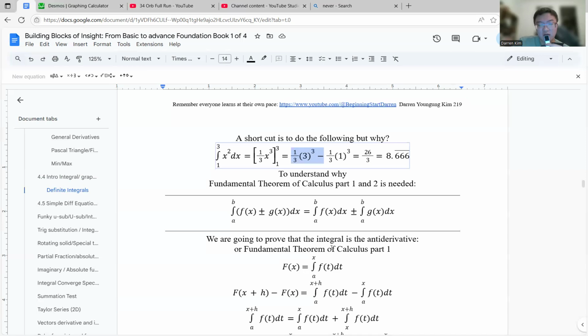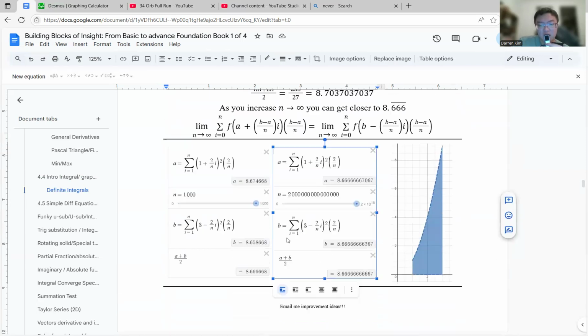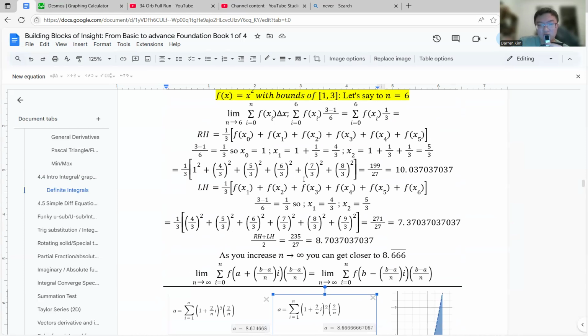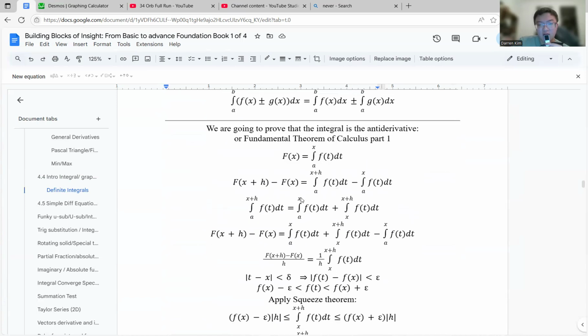But why can we do that? We don't want to do this again. We don't want to go through the pain. And I know how to do it. We did it in another video before, but we don't want to do this again. So instead, we derive the first fundamental theorem of calculus. And here's where everything just aligns, at least to me.